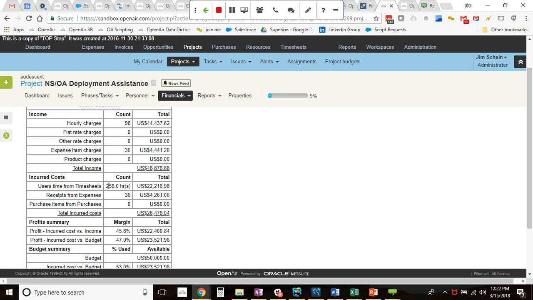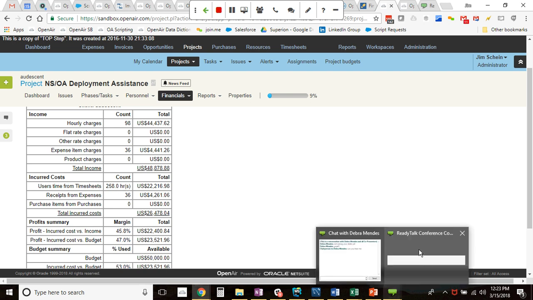Well, we have users' time from their timesheets. It's costing us $22,000. So we've brought in $44,000, but it's cost us $22,000. Now you may look at this and say, why is there a discrepancy between this 98 in this hourly charges count and this 258 in this users' time from timesheets? The reason for that